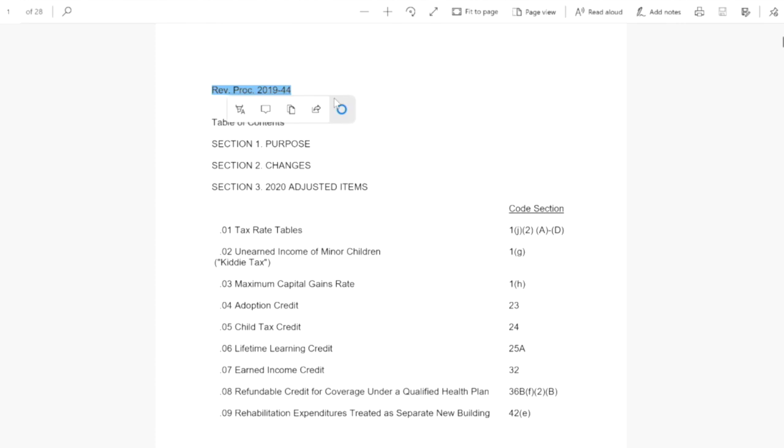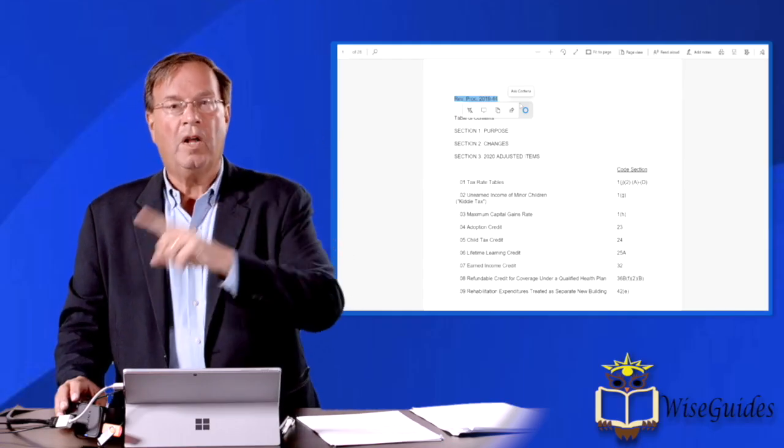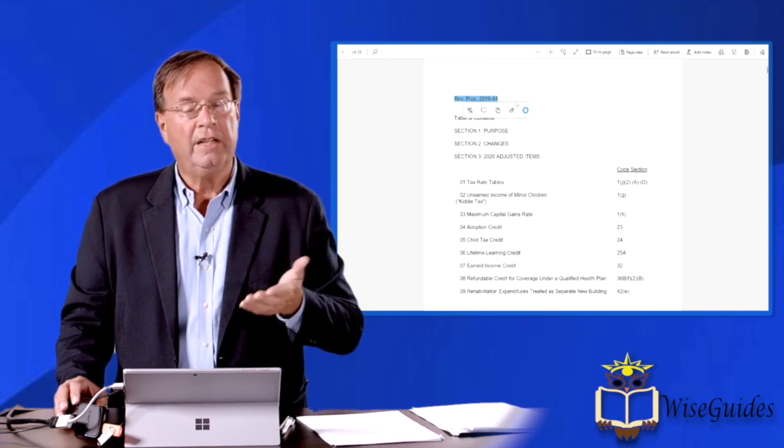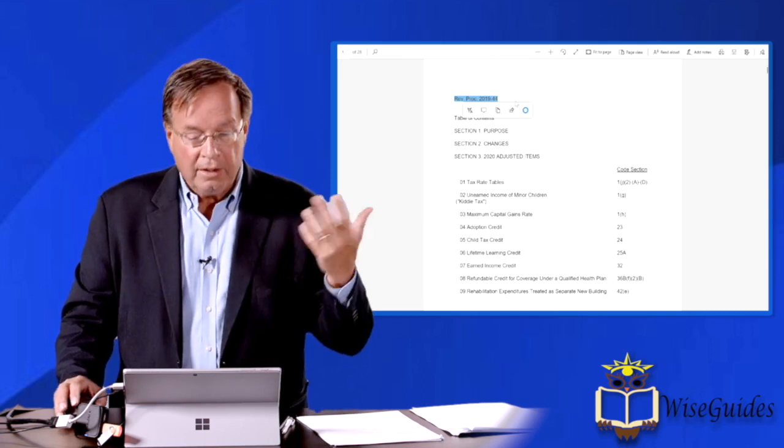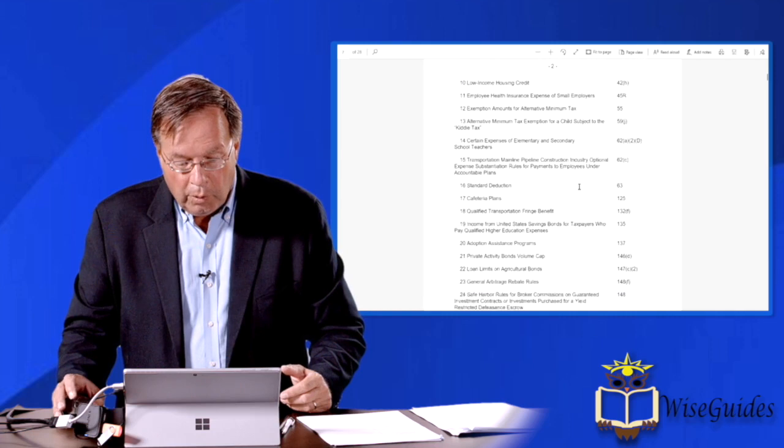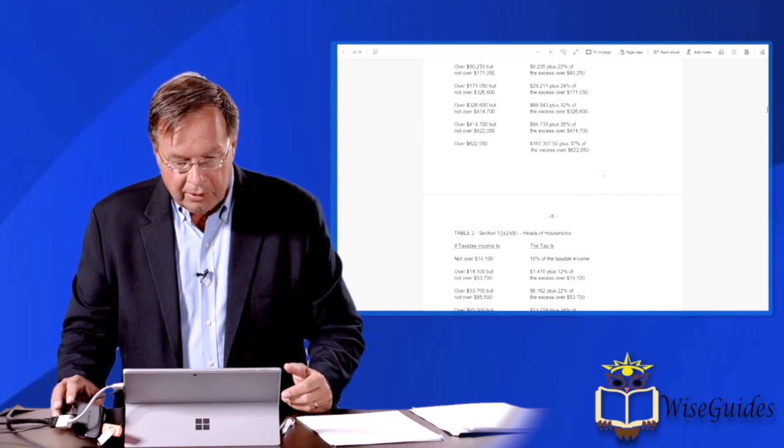And so for next year, towards the end of the year, they will announce this information for the following year. Are all the changes in here? The answer is no. Are these just inflation? The answer is no. But as you go through a number of these, I'm just going to drop down